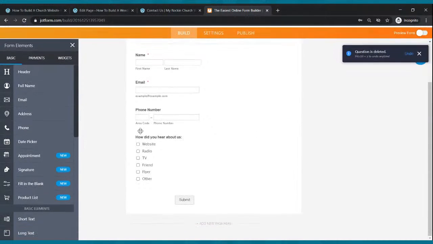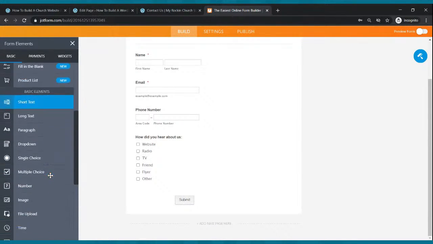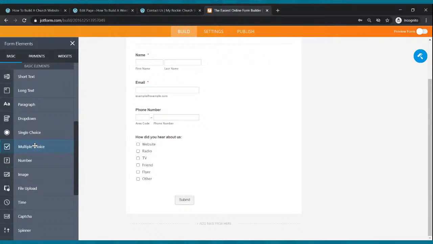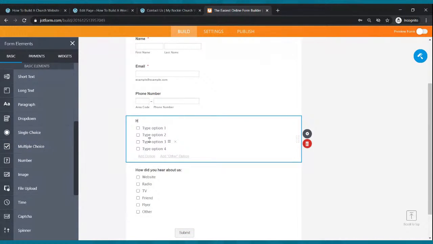If you want their phone number, same thing. Click, drag, and drop. Now, how did I do this? How did you hear about us? All I did was come down here, scrolled, multiple choice, click, drag, drop. And then I just wrote, how did you hear about us? Boom. And then you could type in your option, flyer,